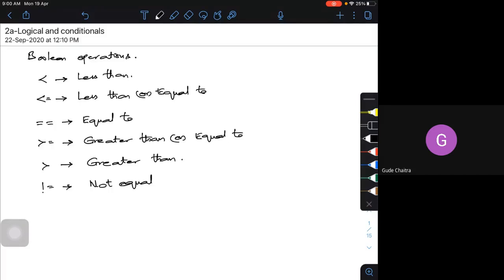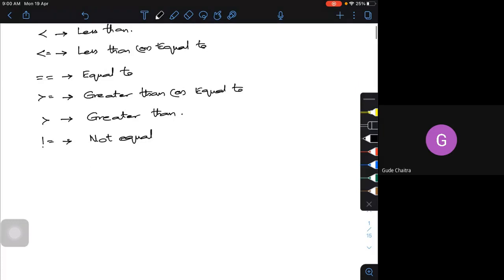Now look at this. Whenever we try to use this Boolean operation, what does it tell actually? A Boolean operation will check for either true or false, or yes or no. These are the two conditions.